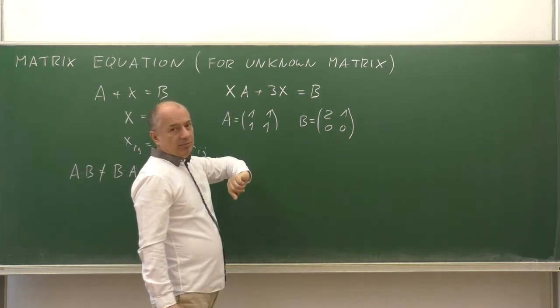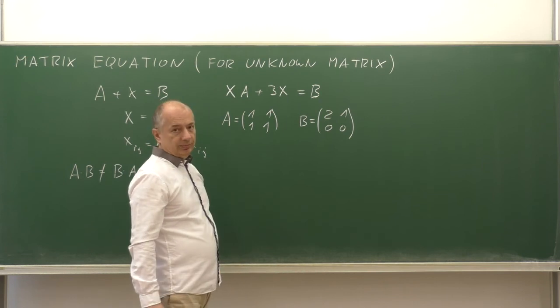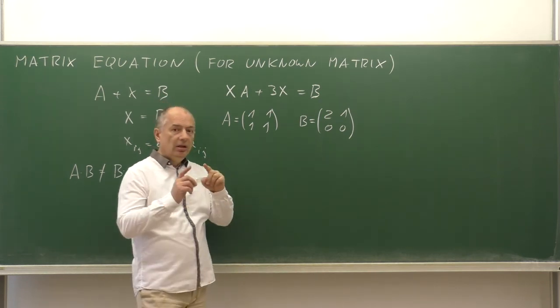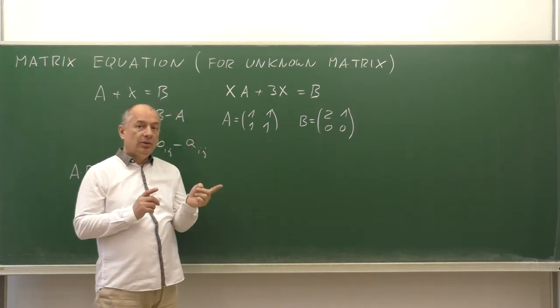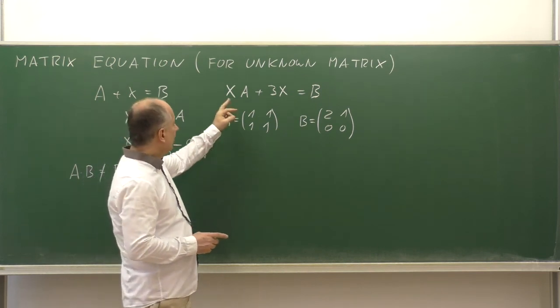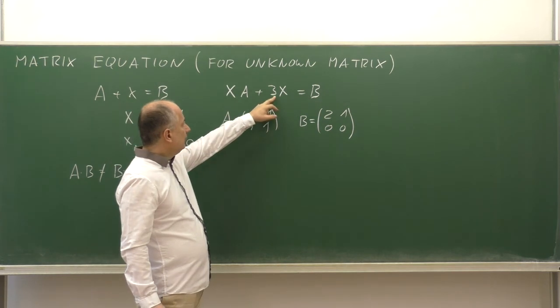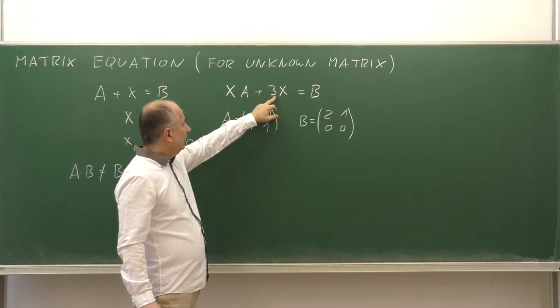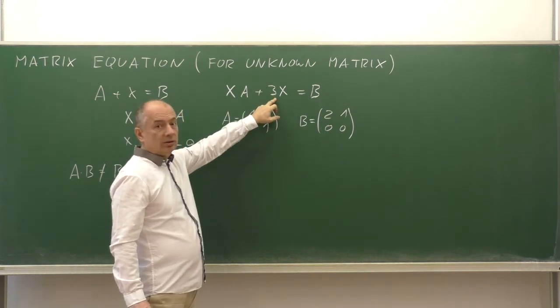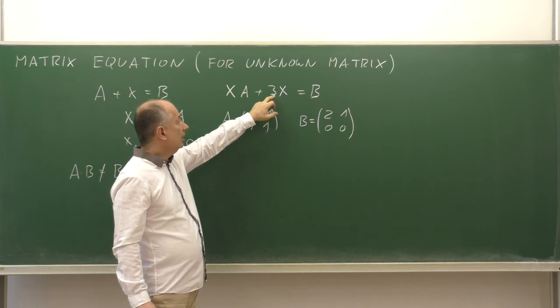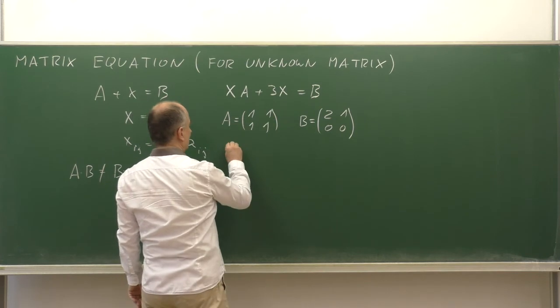If it were just numbers, we could factor out X, and no matter whether we factor out to the left or to the right. For matrices, we can also factor out X, but perhaps before, when we factor out X, we want to remain here not a number, but rather a matrix. So first we rewrite this as